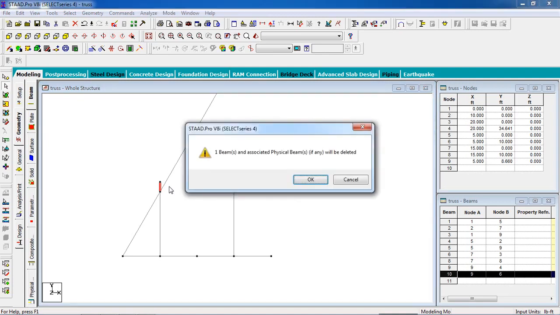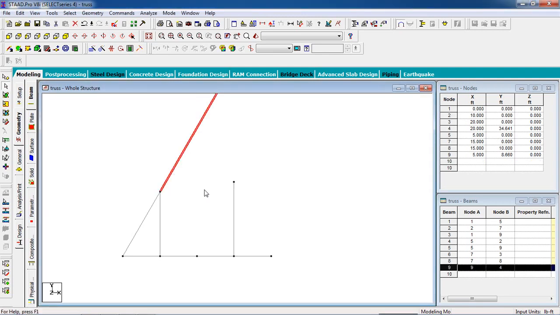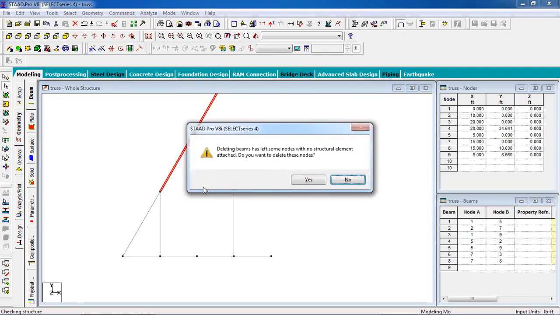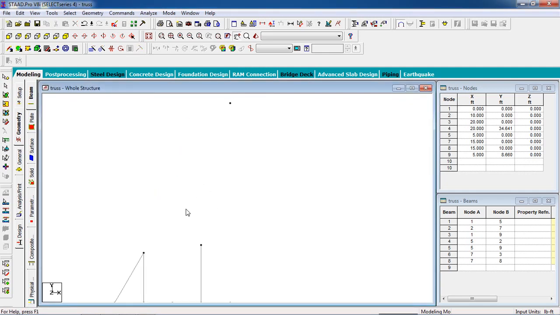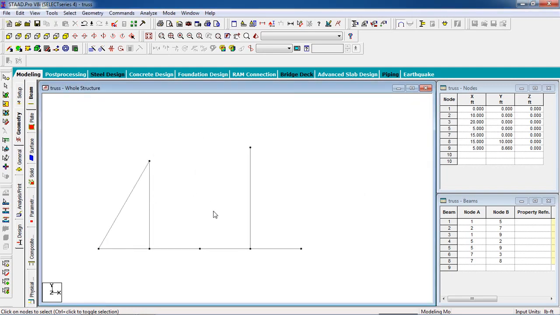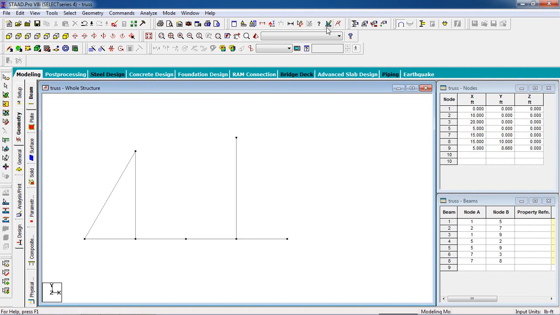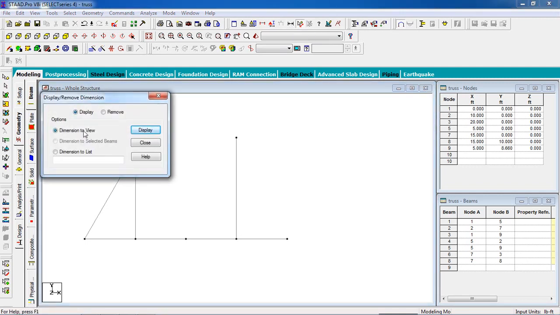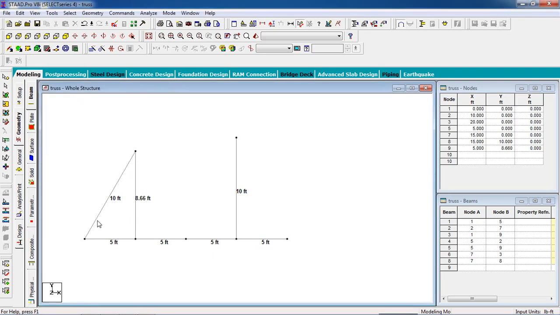So delete this upper member, delete the nodes, and you will see our member is complete. Now go to display node, or you can go to dimension, display to view, display close. Now you can see the heights. Now this is 10 feet, this is 8.66 feet.